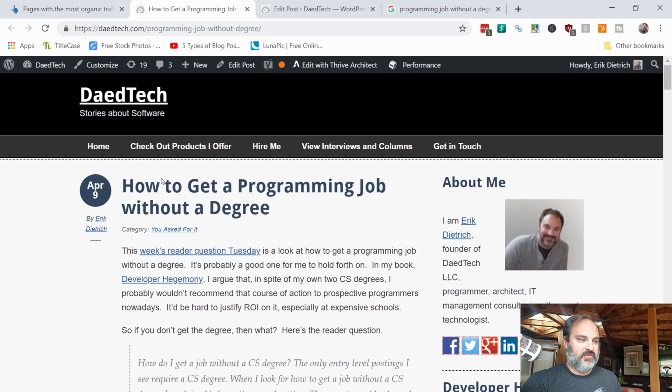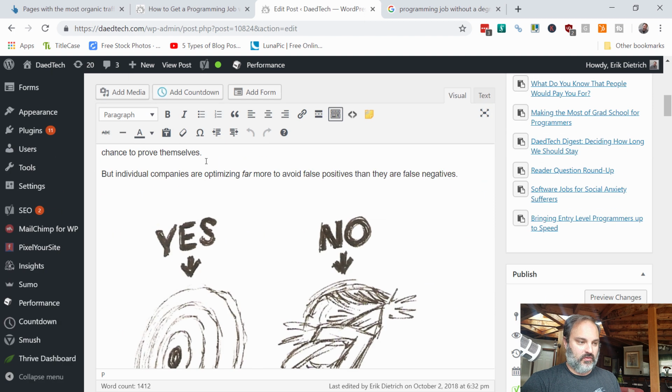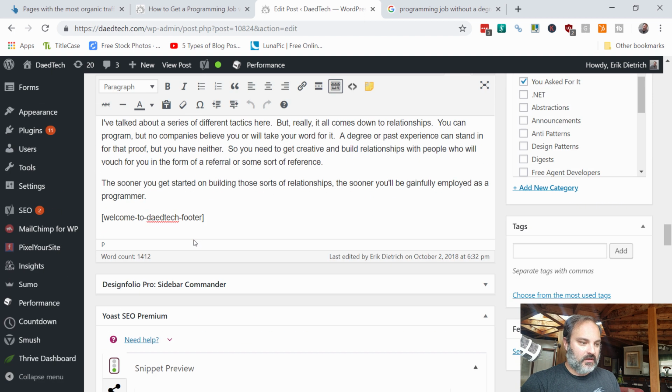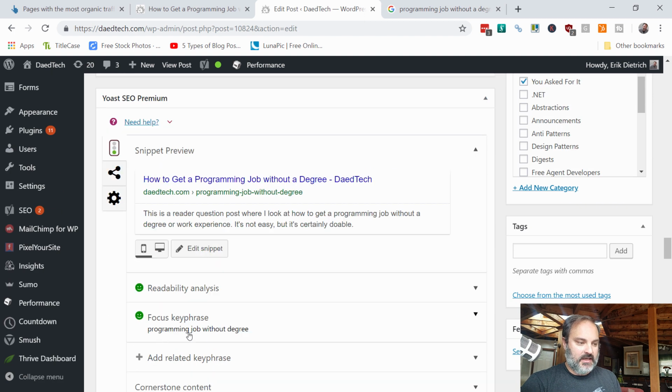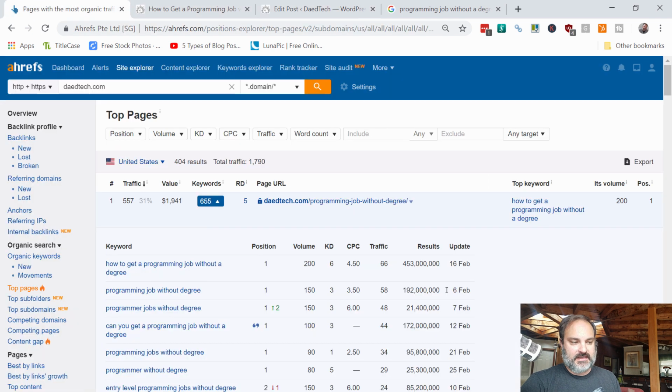So if we look at this blog post, "How to Get a Programming Job Without a Degree," I have it open here in the WordPress draft editor. And if we go down and look, it's optimized for "programming job without degree." But the tool is telling me that I would be better served to optimize for "how to get a programming job without a degree." So in our refurbishment checklist, this is the first thing to bear in mind: